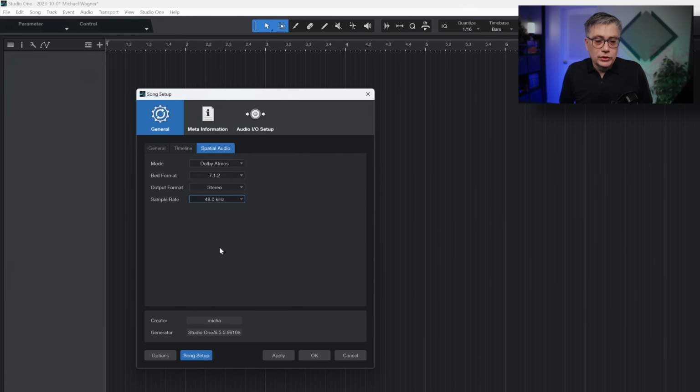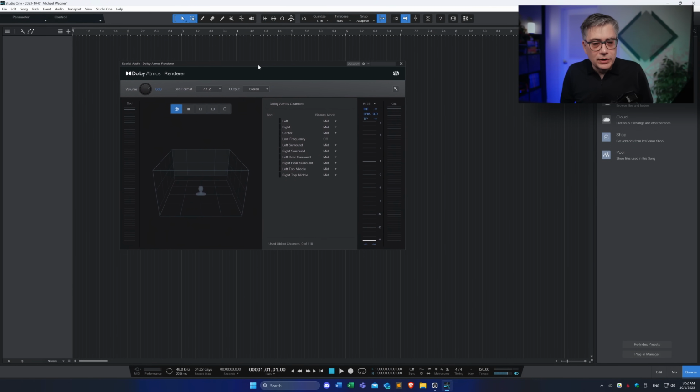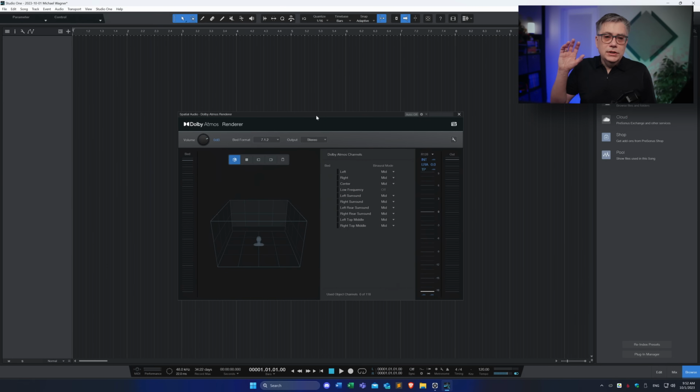I'm going to leave it at 48 kilohertz here, and then I'm saying apply, and as soon as I do that, I'm going to be greeted with the Dolby Atmos renderer. And this, by the way, is also the window that I'm going to be greeted with if I chose the template at the very beginning. So if I didn't go through the setup manually, but instead went through the template,